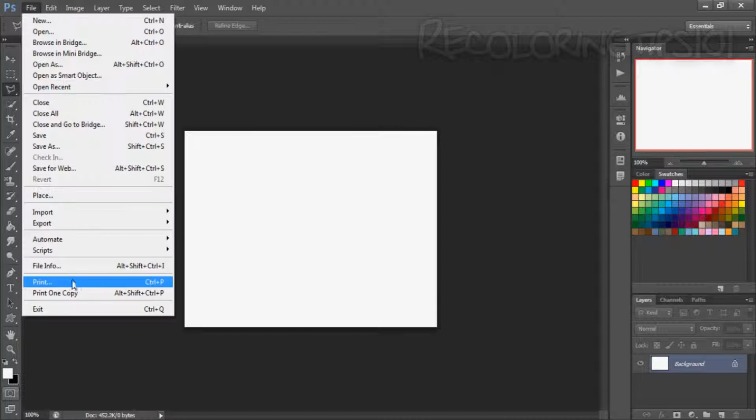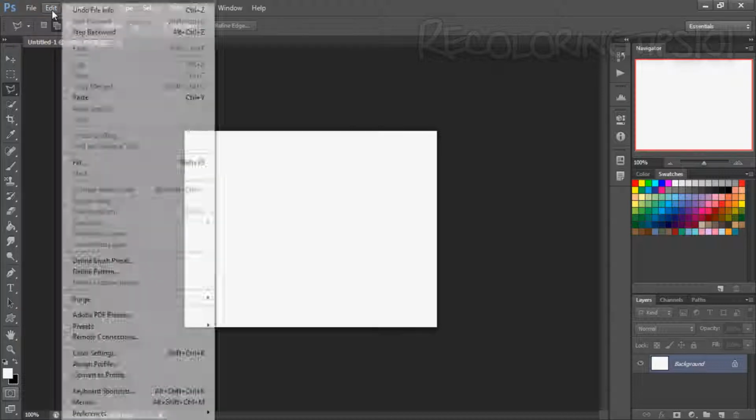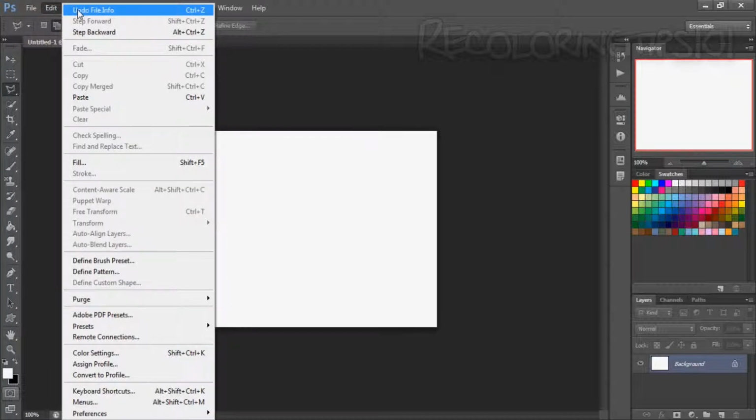Obviously print and print one copies with a printer. Exit. I'm not going to click that because that closes the whole of Photoshop. Put it that way. Edit, undo. What's really annoying about this is that Control Z only works once, so you have to press Shift Control Z,